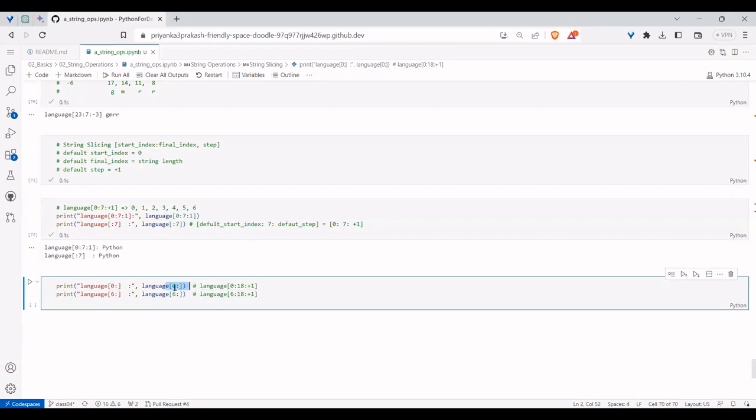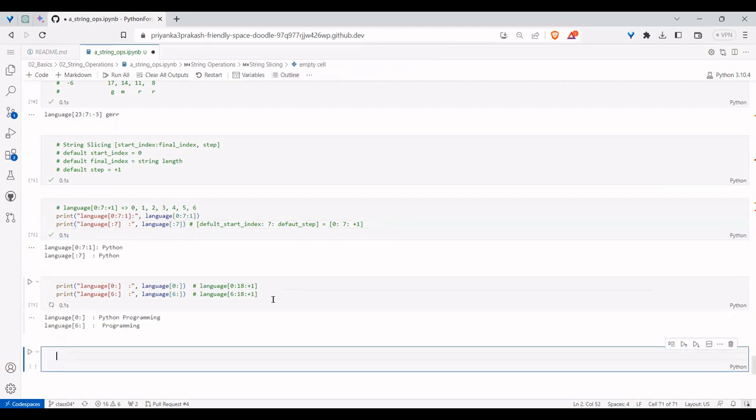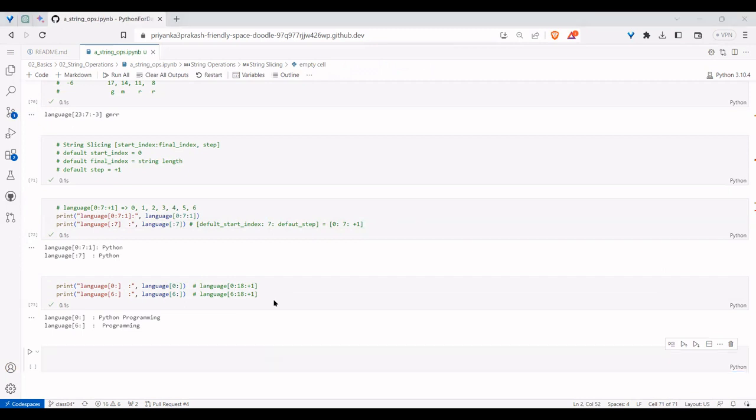If you write some number and a colon afterwards, it means you gave the starting value. If you give a colon followed by a number, it means what you have given is the final value. So the remaining two will be taken as defaults. Then in what case will the step be taken, sir? If you give the first and second values like this.